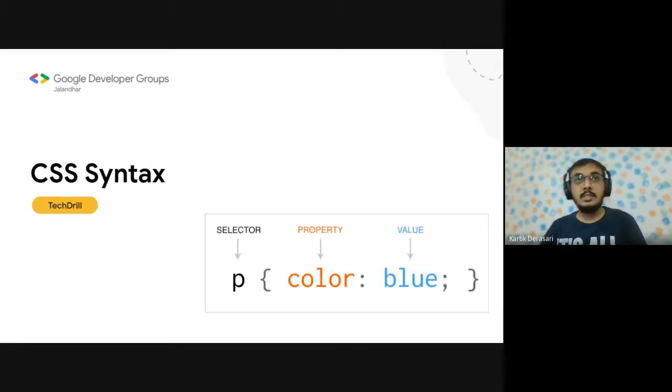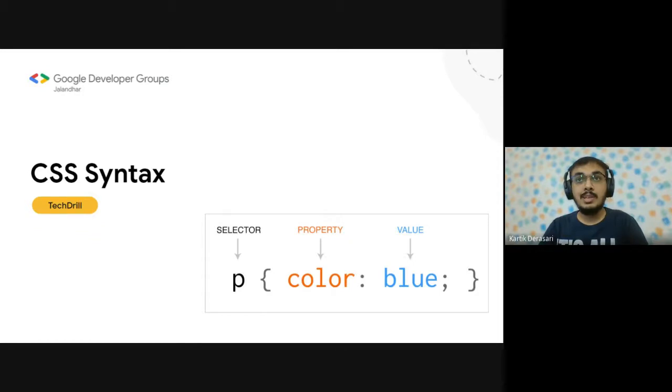And next is CSS syntax. So we have understood what CSS is. Now let's see how we can write our own CSS. Let me tell you the whole process of designing web components. The first and foremost step of styling is to identify which elements you want to style, right?